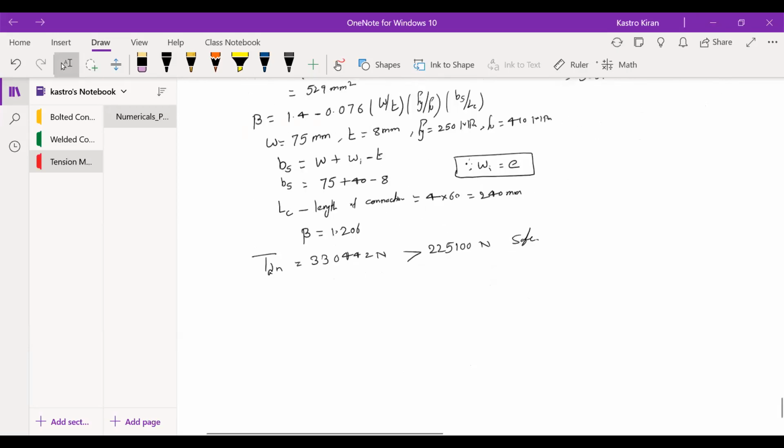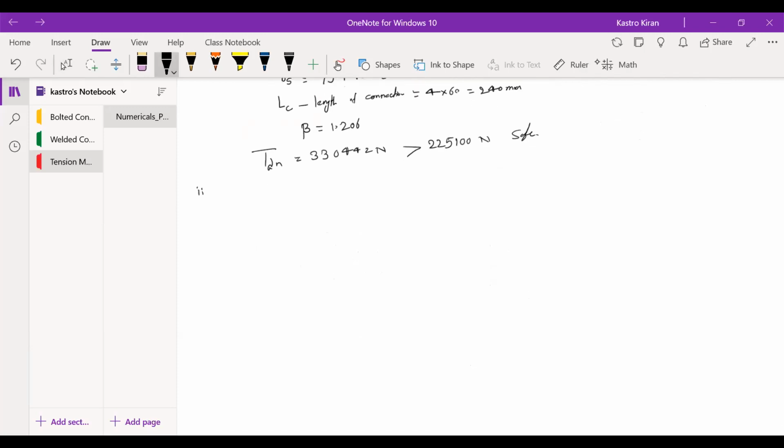So the last thing is block shear, or design strength due to block shear, which is given as Tdb. Refer clause 6.4 or 6.4.1. You have 2 formulas of Tdb. I won't write all the formulas for time's sake. So let's just solve for AVG, AVN, ATG, and ATN.